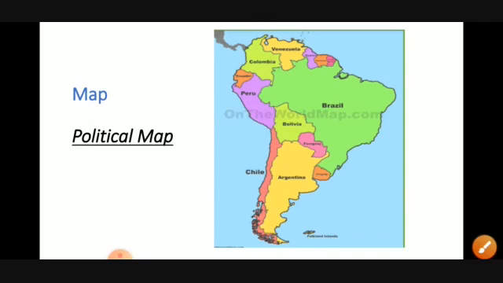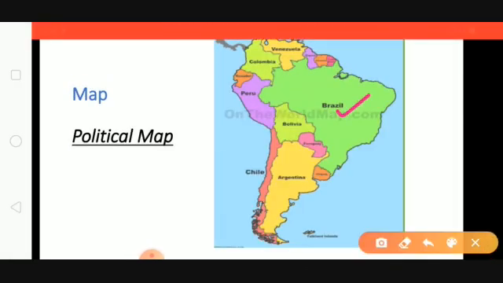Now the remaining places are Brazil, Argentina, then Chile, then Peru, Ecuador, Colombia, and Uruguay.